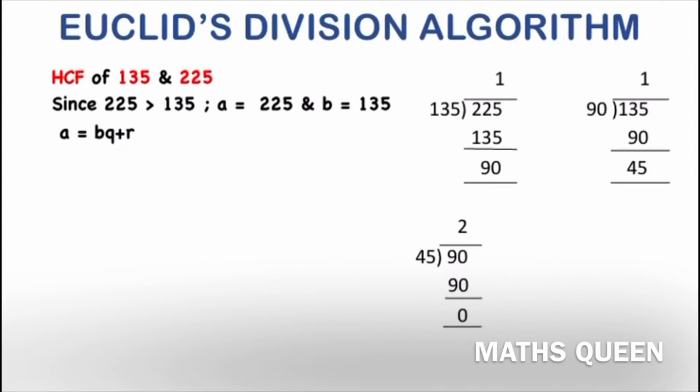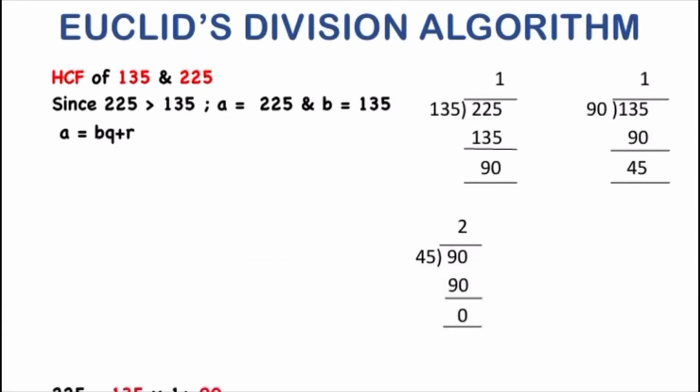So we divide the divisor 135 by the remainder 90. On dividing 135 by 90, we get a quotient 1 and a remainder 45. Here remainder is not equal to 0. So we divide again. Divide the divisor 90 by the remainder 45. So we get a quotient 2 and a remainder 0. Here remainder is equal to 0, so the divisor at this stage, that is 45, is the HCF of the